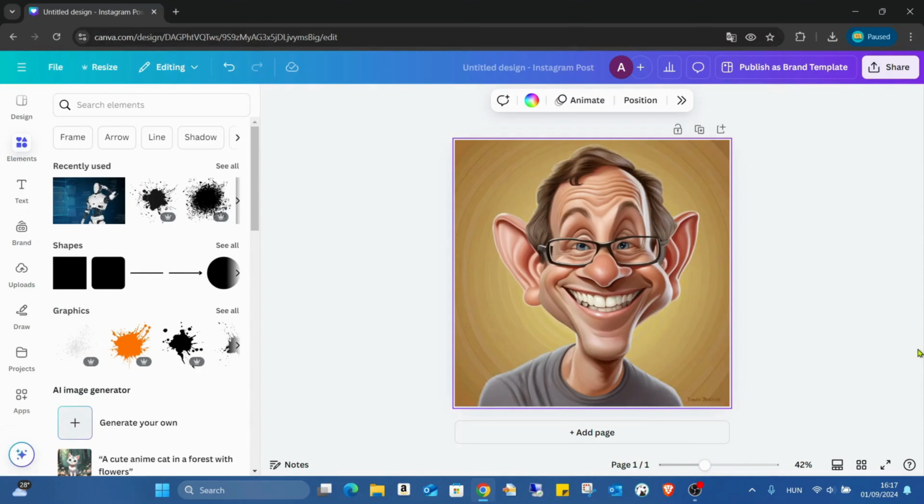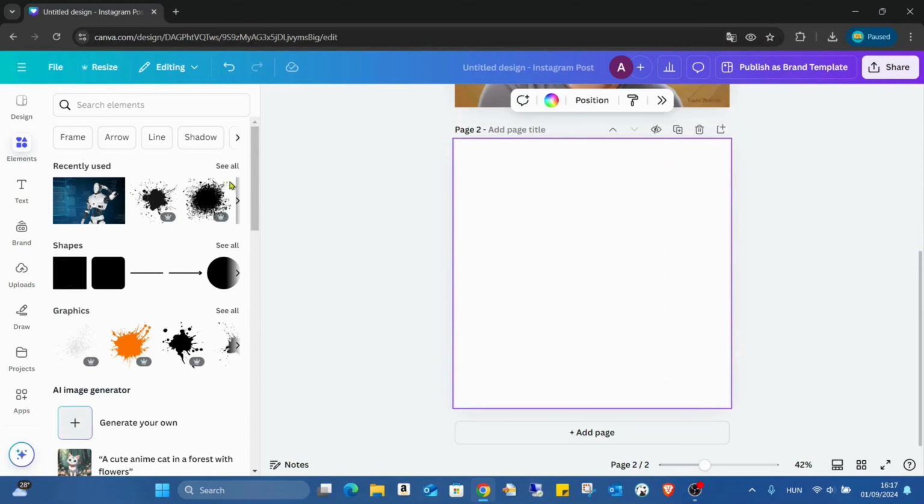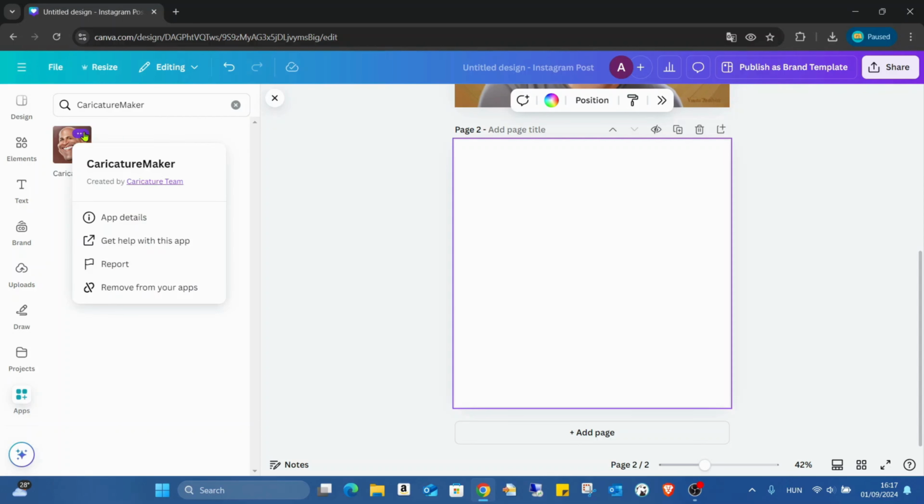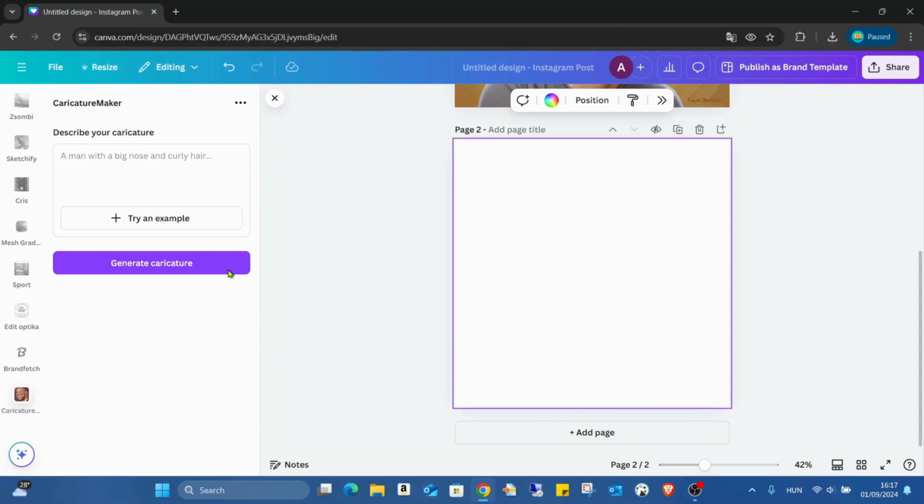And now, let's get started. So I just add a new page, go into the apps, and just search for this caricature maker. Open it,